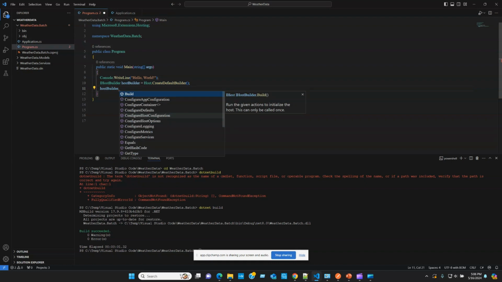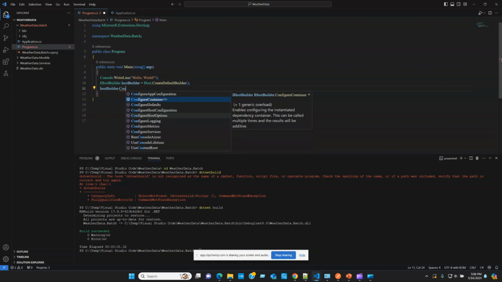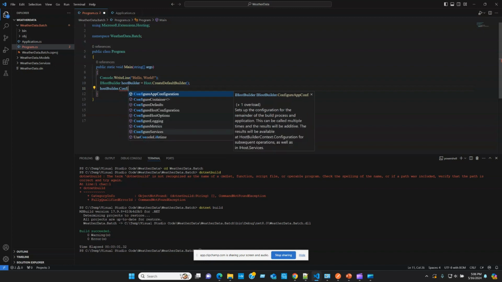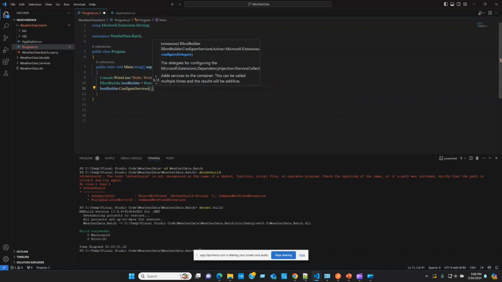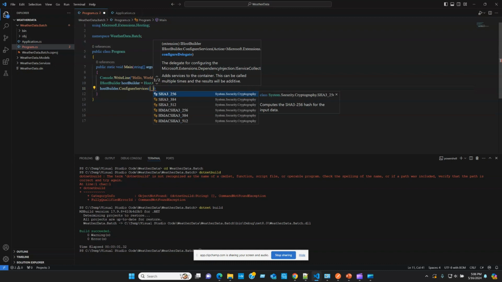We're going to use the ConfigureServices method. Configure, yeah, there it is. ConfigureServices, the last case, right? We took a deep dive into this one. So if you have any questions, feel free to go back to the class 4 video and understand what ConfigureServices does. And it takes two parameters: